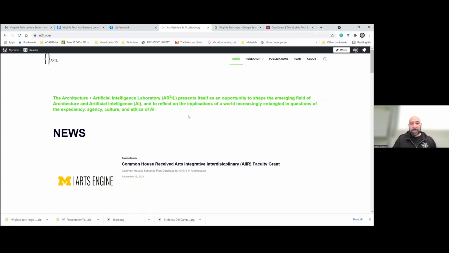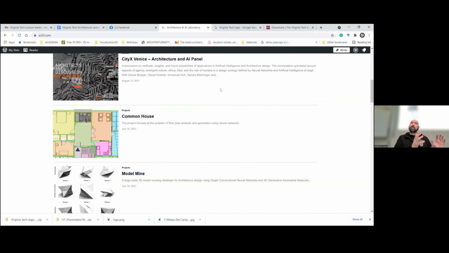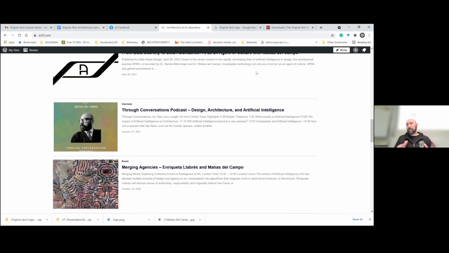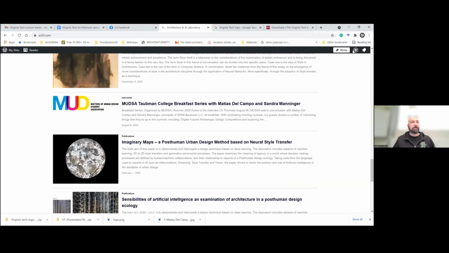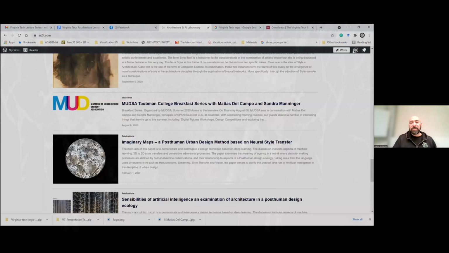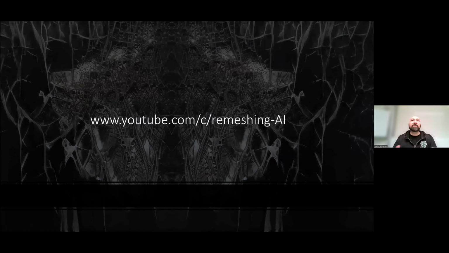And then the ARI laboratory that I mentioned at the beginning, which deals more with the pragmatic parts of AI and architecture. We're currently building two data sets, one about apartment floor plans, one about one family housing projects. The floor plans are in 2D. They're labeled by people all over the world. They're plans from all over the world. We're trying to avoid Western bias in the data set, just to approach a more ethical approach to making data sets. Same with the one family housing projects. There are people involved from all over the world. This is one of the most important aspects actually of what we need to do as architects now, is to understand how we can use this technology ethically within our own community.